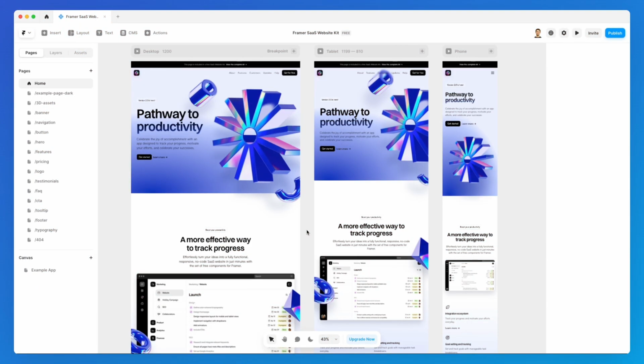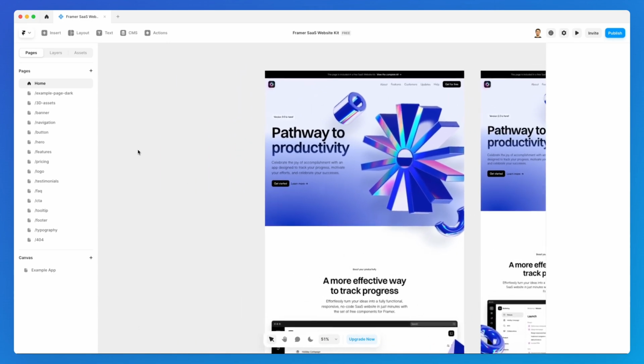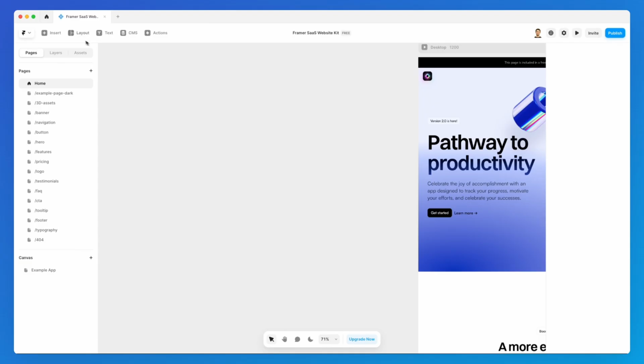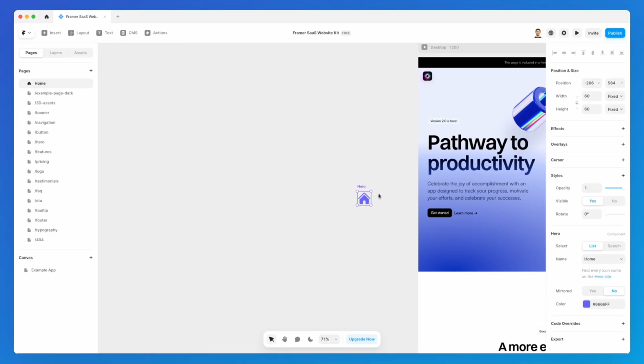Okay, so now we're going to talk about icons and how to add them in Framer. So there's a few different ways that you can add icons in Framer. The very first one is going to be simply going under the insert panel, and you can see that under the elements we have this icon section, which allow us to leverage some of the most popular icon libraries out there. So for example, if say that I'm using hero icons on a project, I can simply click on hero,